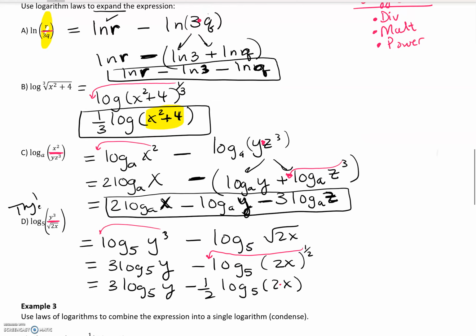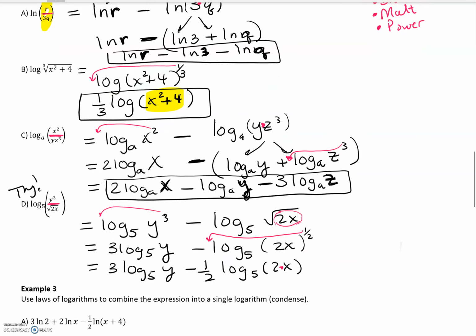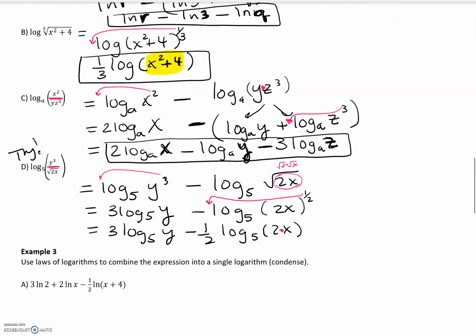I know I gave you guys suggestions here, do the division, then the multiplication, then the power last. But in this case, since all of that was trapped under the radical, I just figured, let me take care of that power, get rid of it, and then I can deal with expanding the multiplication. You could have split that into a root 2 and root x and then done the multiplication first if you wanted to, but I just chose to do it this way. Now I know this guy expands into log base 5 of 2 plus log base 5 of x, and then I have the minus half in front of all of it